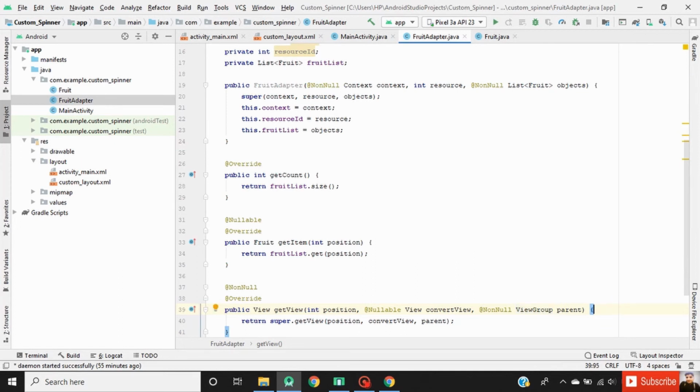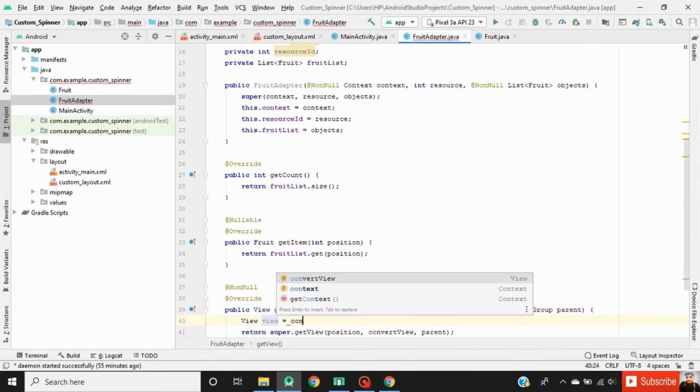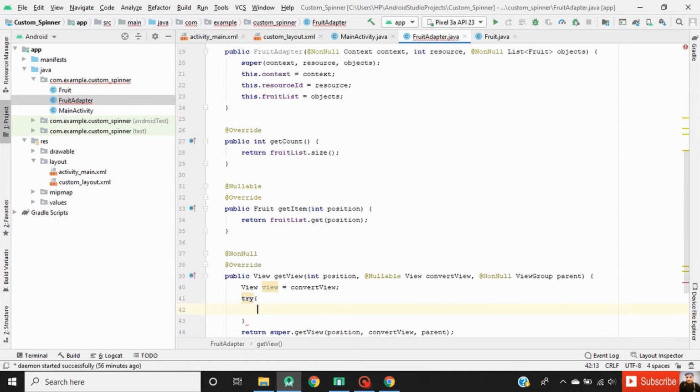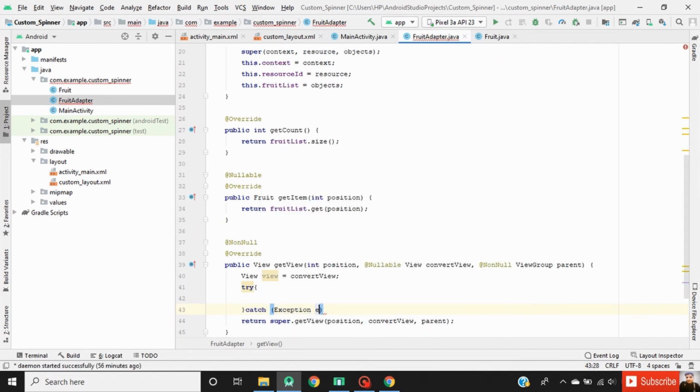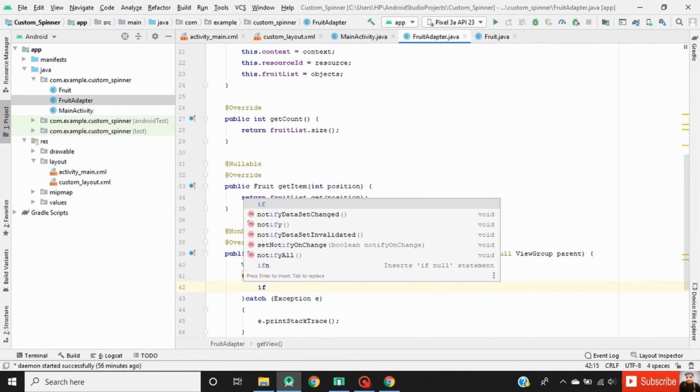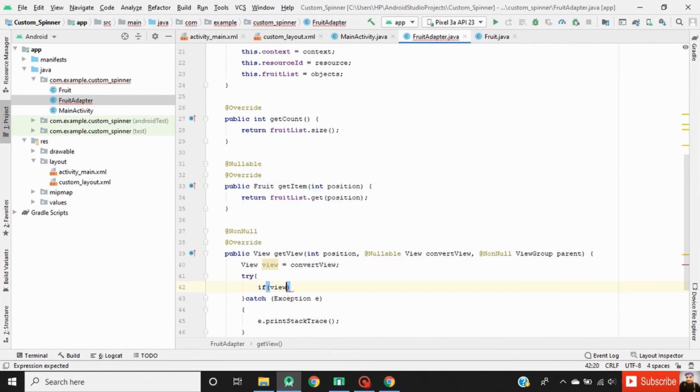Now create an object of View class. Use the try and catch method. First we have to check whether the view exists or not.